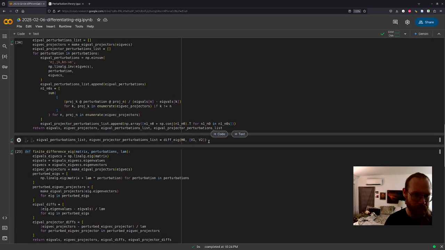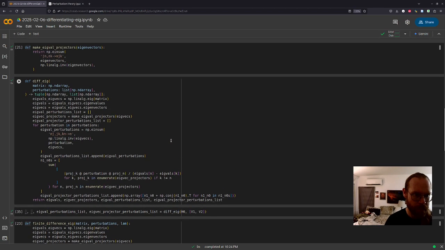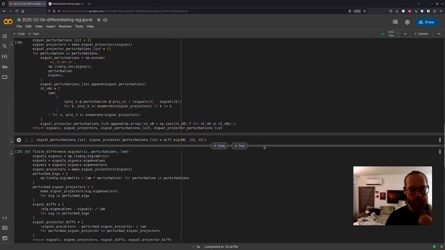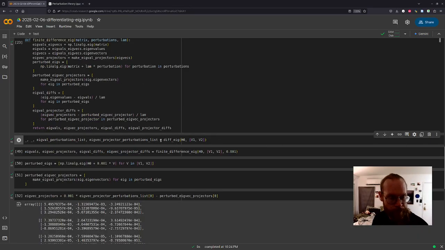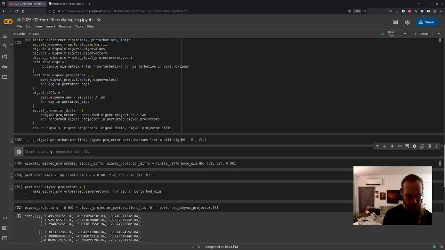What if I made lambda smaller? How does everything scale?